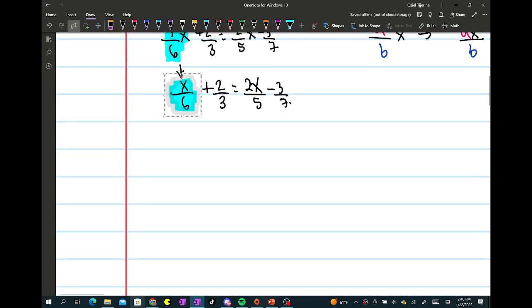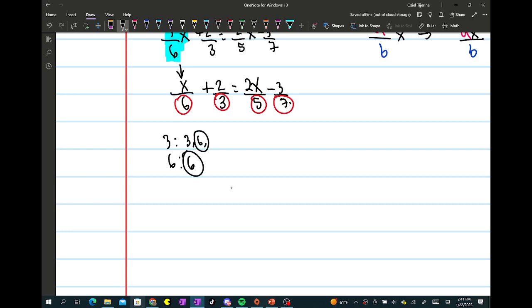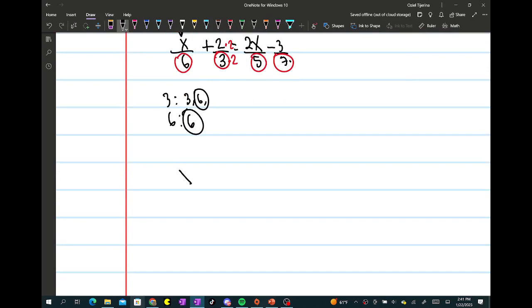Now, the idea here is that we want to get the common denominator. What I mean by that is I want to get a common term between this and this, as well as this and this. So when I think about 3 and 6, I list my multiples. So I do 3, 6, and then this is just 6. So the common multiple is 6. So what I can do here is multiply this times 2 to make it a 6, and what I do to the bottom, I do to the top. So I have x over 6, and then plus 4 over 6 is equal to,